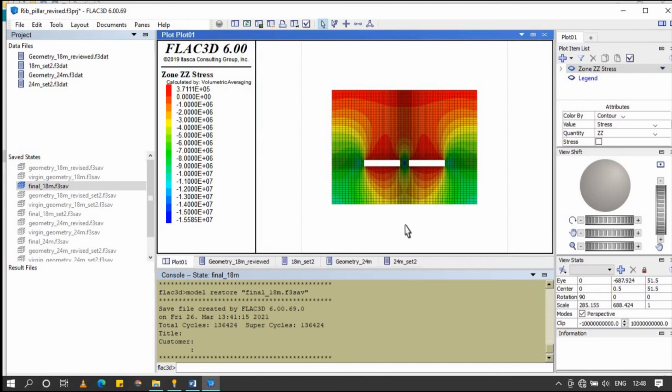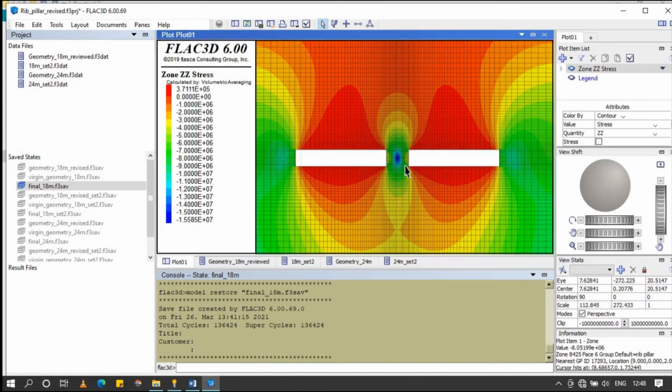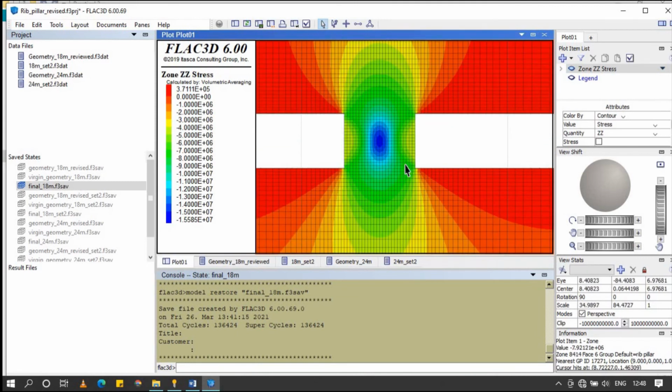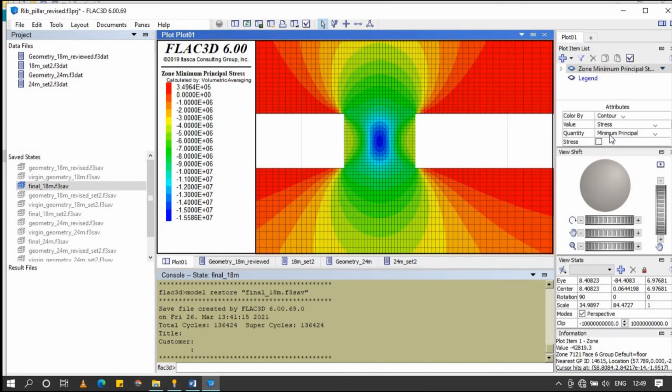Our interest is to get the maximum principal stress and then use the Mohr-Coulomb formula to find the factor of safety of the pillar. There are two points in the pillar where we will be observing the maximum principal stress and noting it down on our practical sheet. So I will change the stress to minimum principal stress. In minimum principal stress, the maximum value is the maximum one, and the red portion is the